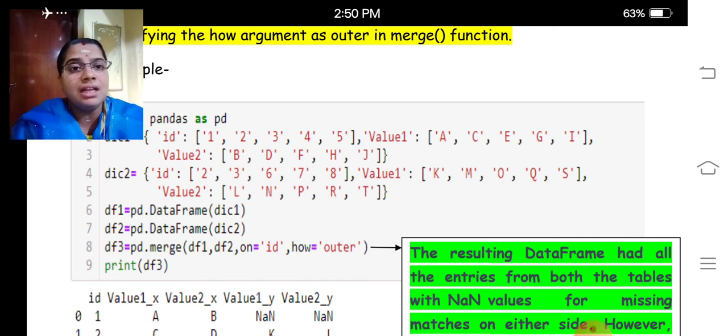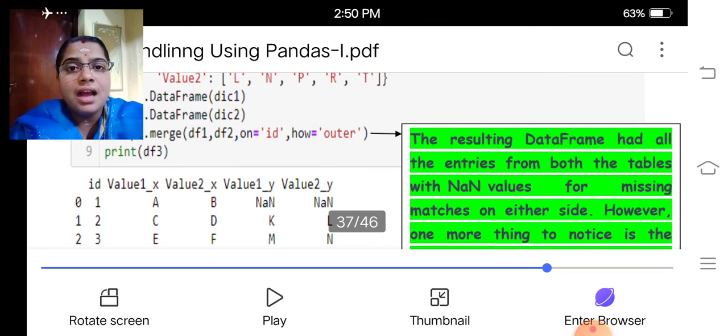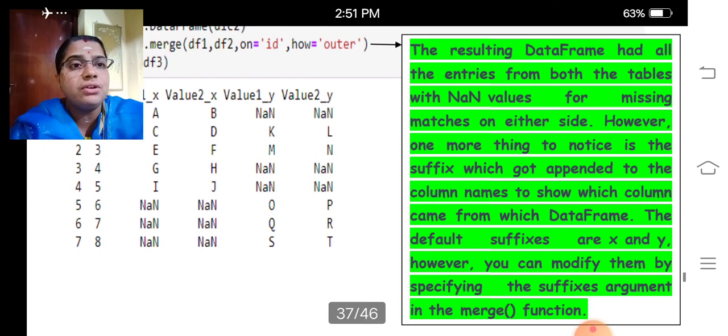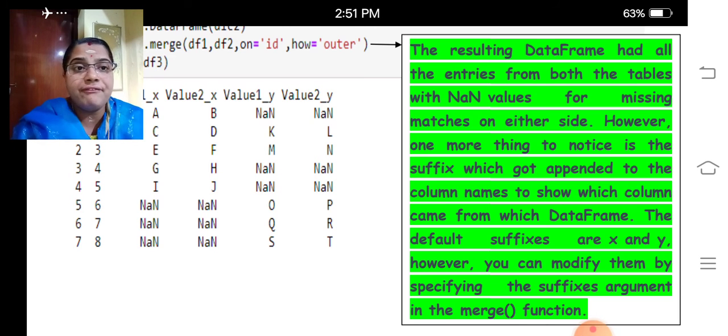My dear children, look at the resultant: id, value 1 x, value 2 x, and value 1 y, value 2 y. I am repeating, we are getting this sort of resultant because it is outer join. And look at the example. Here we have to notice one more thing, the suffixes x and y.